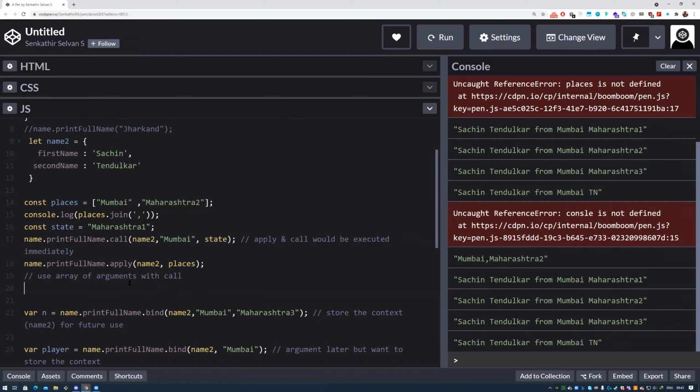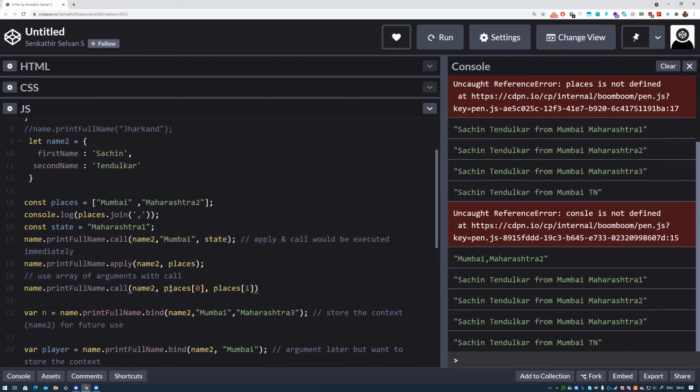What should we do? Maybe we are a little short of time today. So we have call, right, and it takes arguments one by one. I can give the arguments one by one like this, right? 0, then places of 1.